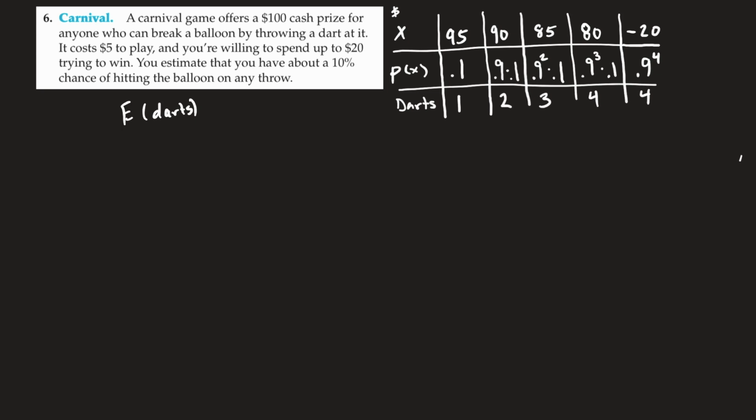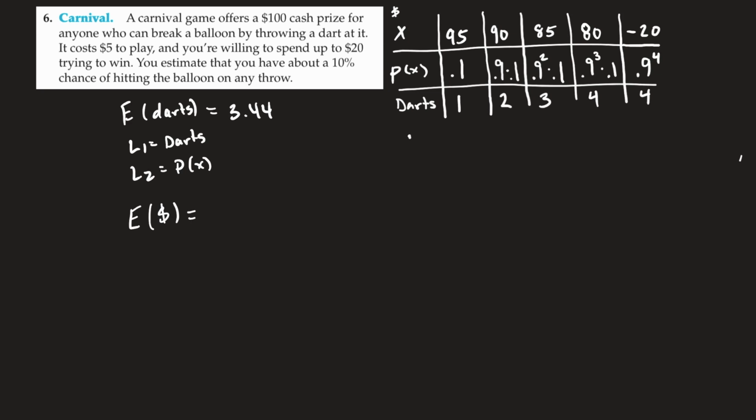Okay, and here again, I'm going to set this up as L1 is equal to the darts. In L2, we're going to put our probability. Once I do that, I find out that I'm going to use approximately 3.44 darts. In the second question, it asked me the probability of how much money would I expect to win